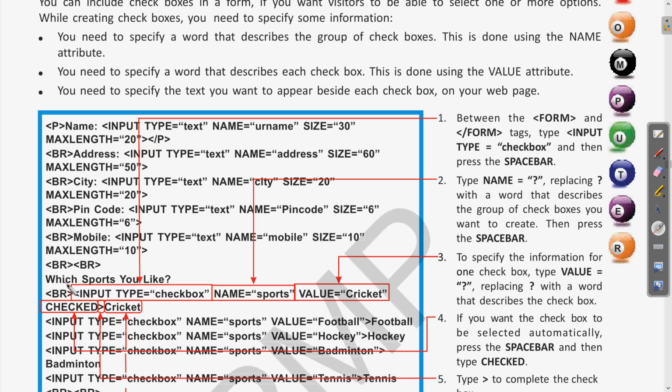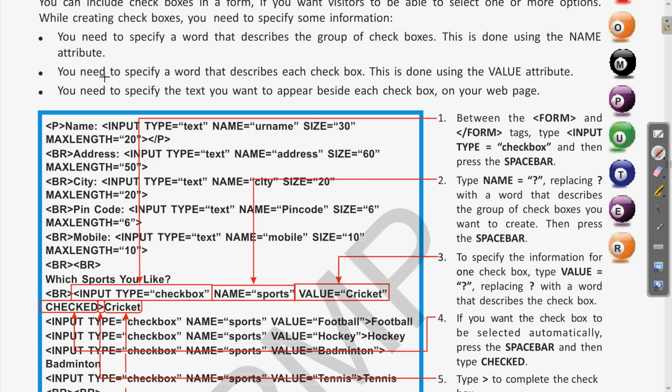The question is something like which sports you like. For that we are using a common name as it is part of a single group. That is why we use a common name for all of the different checkboxes, which describes the group.